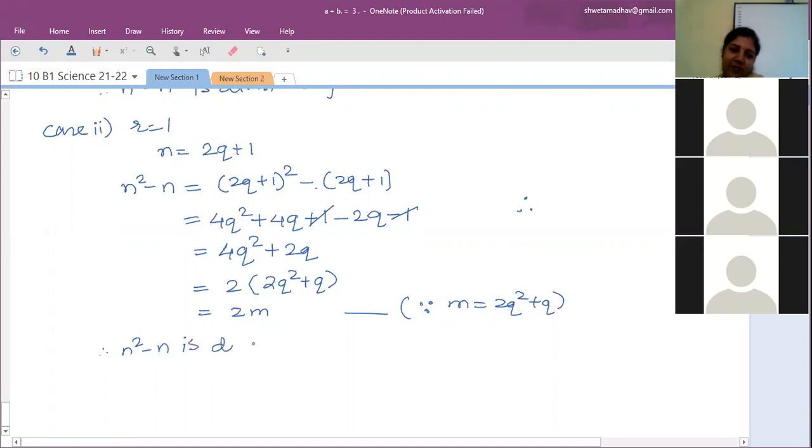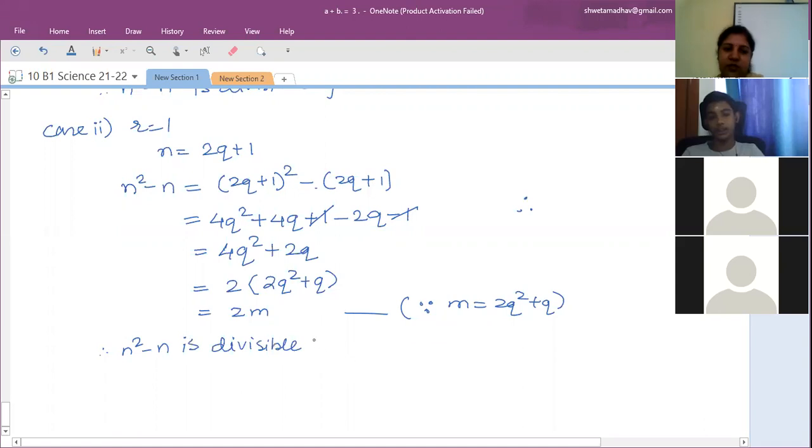Ma'am, so whatever question is there, we should represent it in 2m, not 2m plus 1 like that. No, here it is not coming, so therefore we are not showing it. So for every question, we should form with variable m. Variable m we have shown, just like quotient q you are using. When it is divisible by 2 we are showing it as m, because most of the places in questions they have used m.